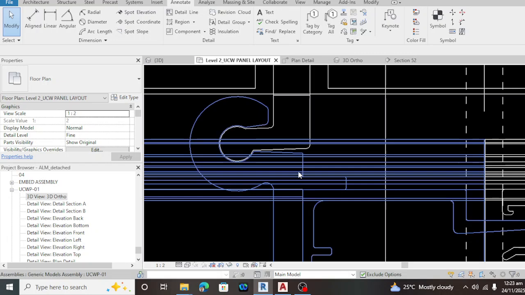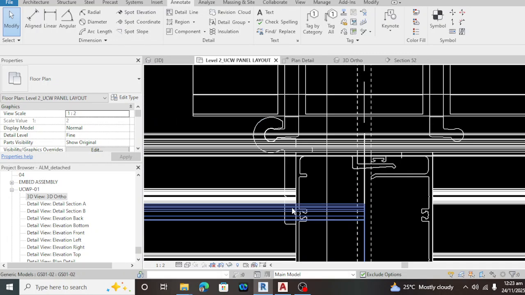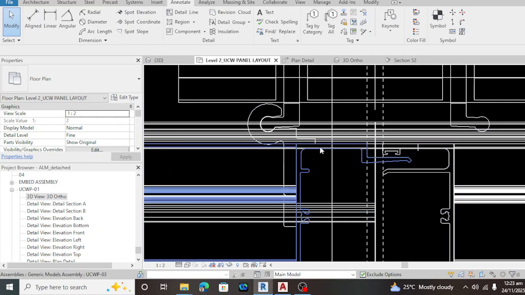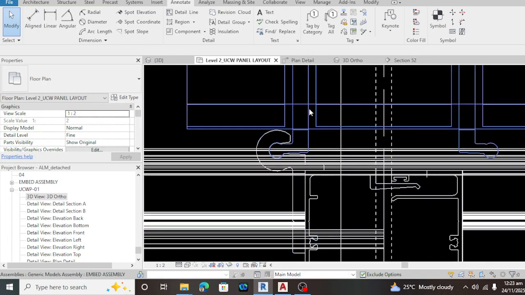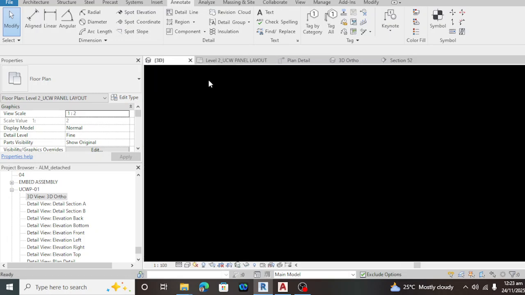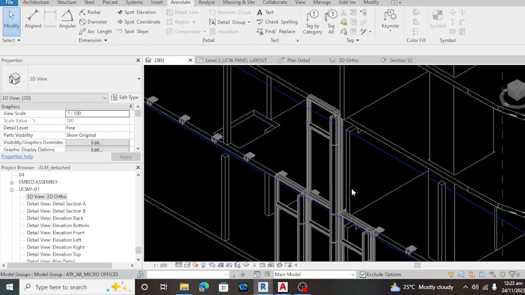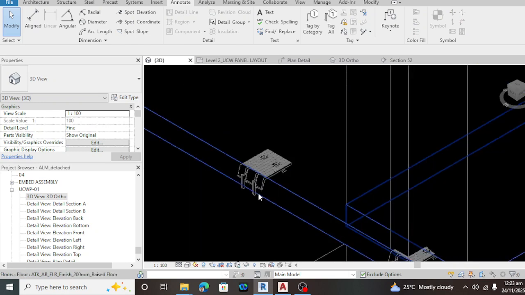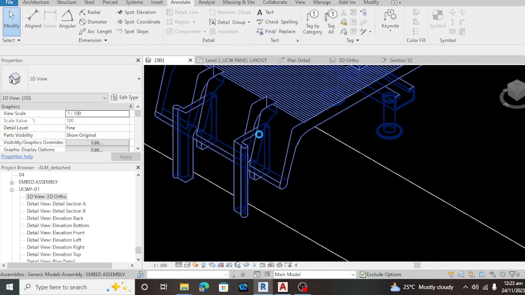This is the panel bracket. The panel bracket is the one carrying the panels, half of the panel. It is attached at the male mullion. Then it's going to hook at the hook bracket on the embed layout. It is going to hook on this part. The hook bracket is going to hook on the embeds.